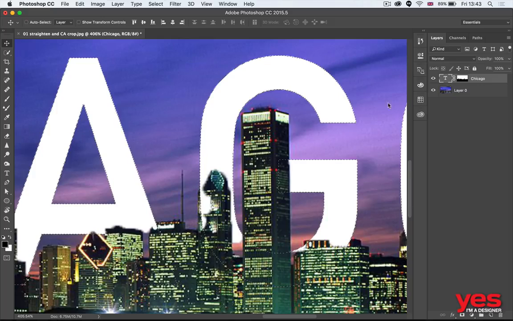So when I have my selection on the text itself, I will select the mask and I will paint over this little part here with white. And see what that does? That makes it look like the building is in between the G. So the G is wrapping itself around the building. And instead of having it like this, which is still a bit flat, that subtle difference makes